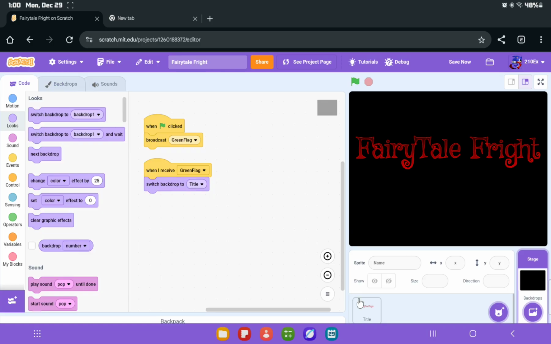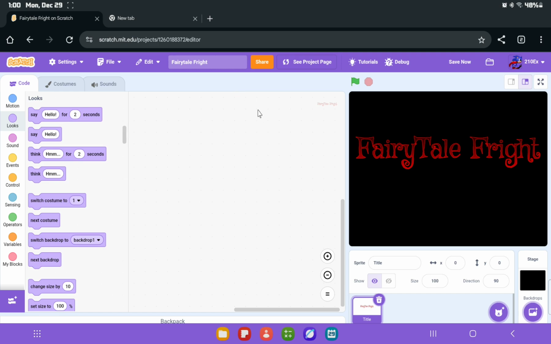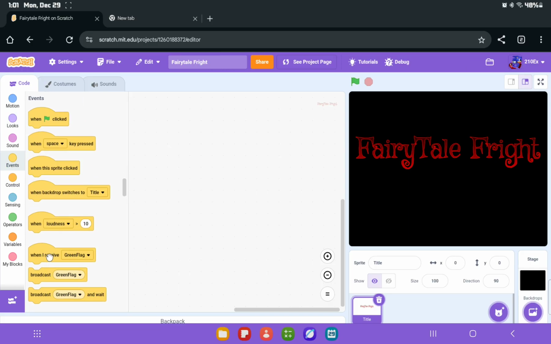Alright, now we need to put in the code for the title, because when you get to the play button, we'll need this to disappear when you press the play button. Because pressing the play button would start the game immediately. Well, not immediately, but that depends on how I want to make this game. So anyways,